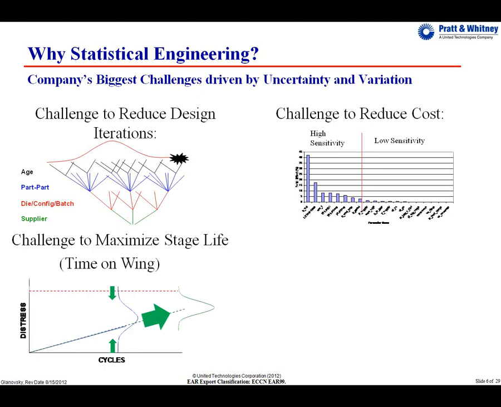Then there was the challenge to maximize stage life. Okay, this is a little specific to the aerospace industry, but it's analogous to what you can find elsewhere. We've got turbine blades spinning on a rotor inside of an engine. Anytime one of those blades fail out of wheels of 40, 50, 60 blades, the engine has to be removed from the aircraft it's installed in, almost completely disassembled. The rotor has to be taken out and completely replaced. All of those parts are limited to that lowest life, that weakest link.